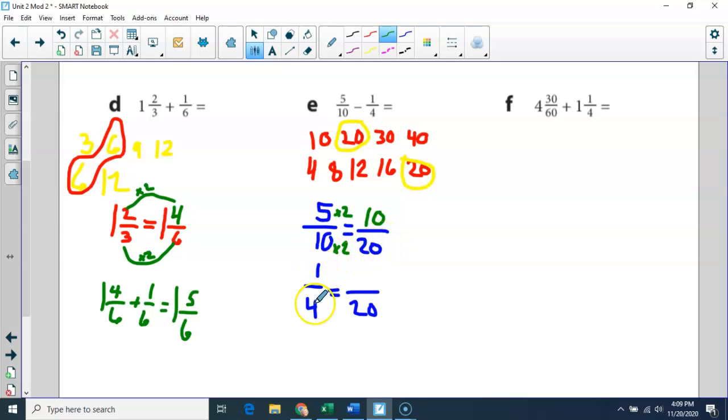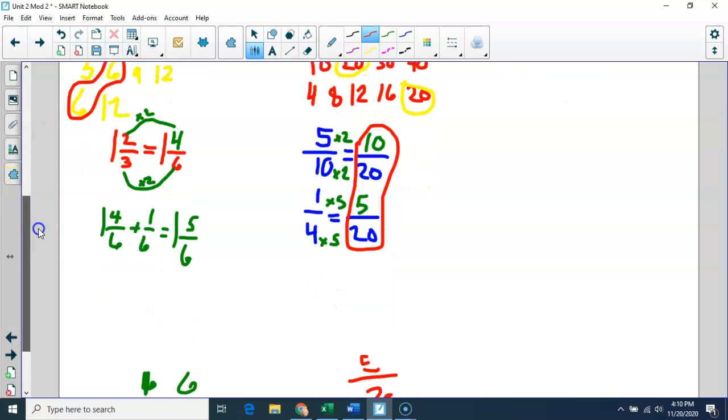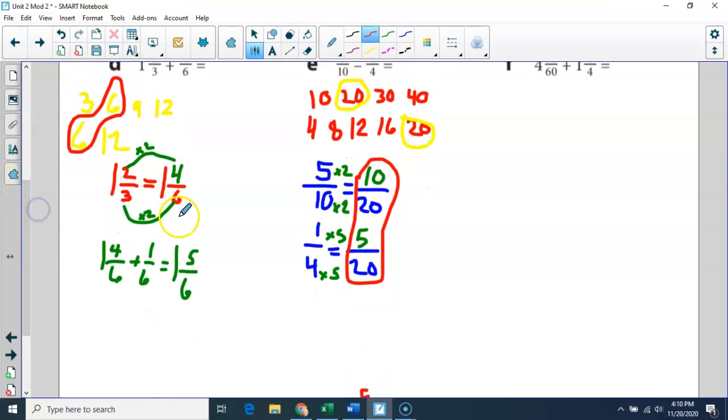All right, now we come down to 1/4. I can see that 4 times 5 is 20, and whatever I do to the denominator, I do to the numerator. So 1 times 5 is 5. So now I have here my equivalent fractions that I'm going to work with. And I'm really happy now because they have common denominators, so that makes them easy. So I have 10/20,